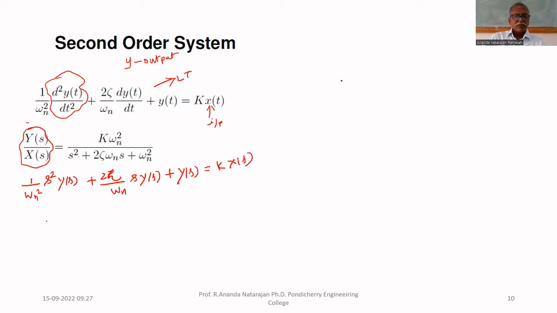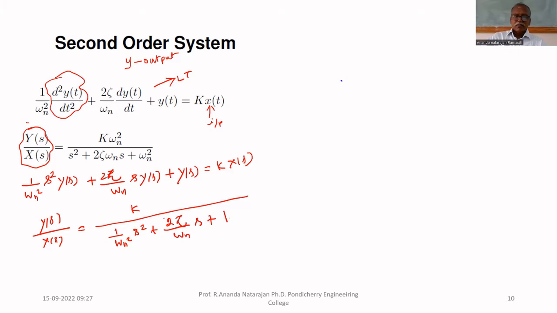If you find y of s upon x of s, it equals k upon omega n square s square plus 2 zeta omega n s plus 1. If you multiply the numerator and denominator by omega n square, you will get k omega n square upon s square plus 2 zeta omega n s plus omega n square,